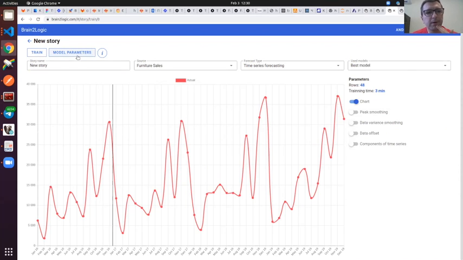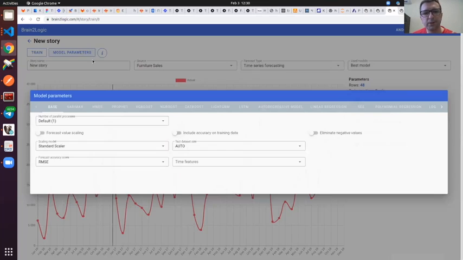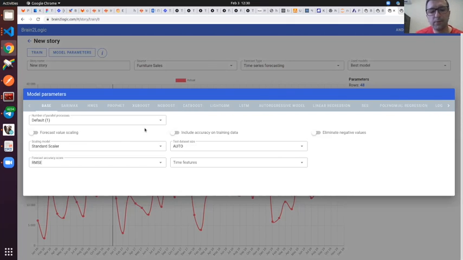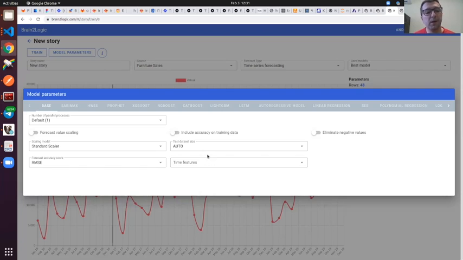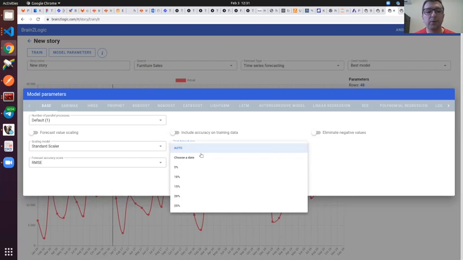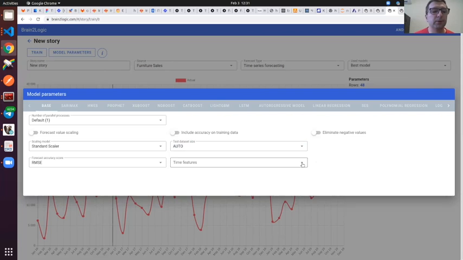In addition, we have some model selection parameters. We have a lot of things we can tune. For example, we can eliminate negative values. We can include accuracy on training and different algorithms how to improve. For example, we can use different things, additional columns. We have some more, I think, complex models how to optimize our accuracy or include different scales, or in case of classification, we have